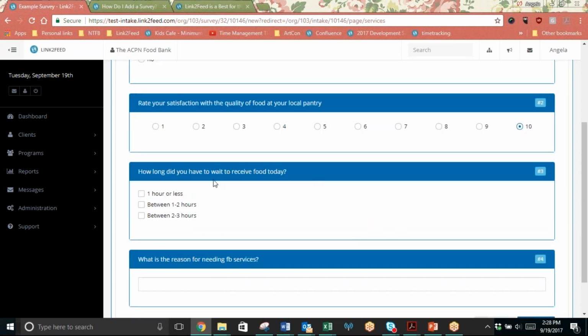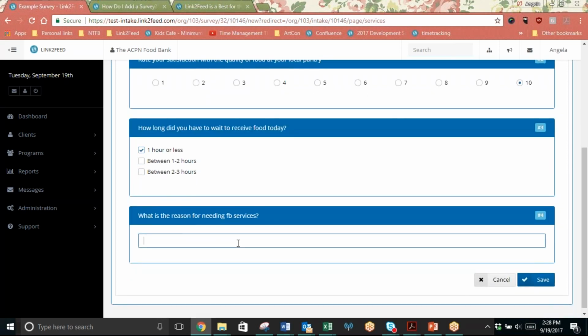How long did you have to wait to receive food today? You can add as many options as you want. These are the first 3 that I added. Hopefully nobody's waiting more than 3 hours, but this is a good way to find out. And then, what is the reason for needing food bank services? So this is one where we did a simple text, which means we just have this one little line. If we did the multi-line text, we'd have a larger text box. The reason is,